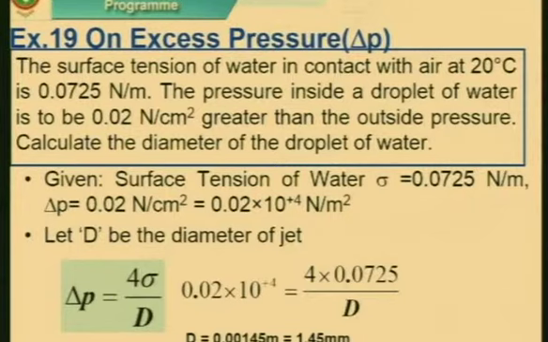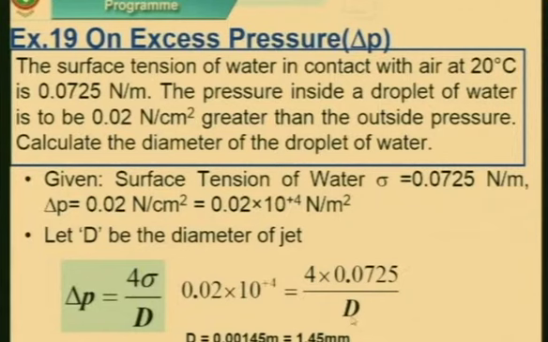Given value is surface tension, which is 0.0725. Delta P is given as 0.02 Newton per centimeter square. I have converted here, you can see 0.02 times 10 to the power 4 Newton per meter square. Let D be the diameter of the droplet. Formula is excess pressure is equal to 4 times surface tension divided by diameter. So, we substitute the value: 0.02 times 10 to the power 4 equals 4 into surface tension value, which is